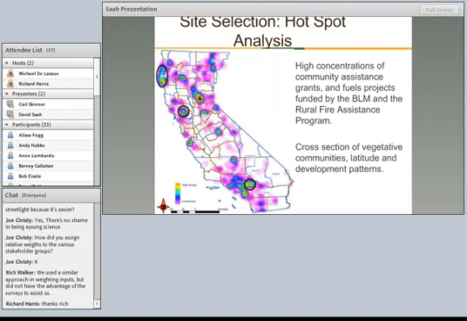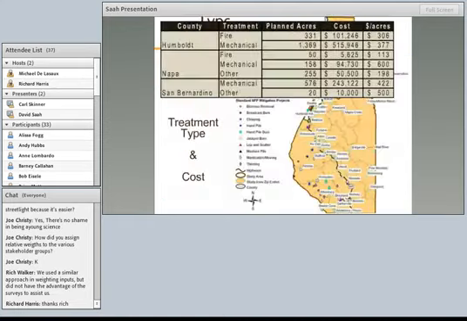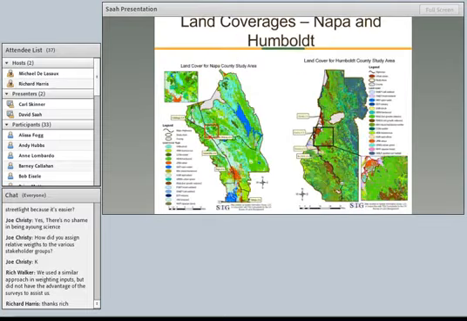So again, trying to identify where we're going to actually do this study. We looked at all the different places where BLM had these programs, and we decided to identify three hotspots that we were interested in drilling down into. One of them was Humboldt, Nevada, and San Bernardino counties. For each of these counties, we went through and looked at all the different treatment types, the planned acres, what the planned costs were, a full treatment inventory of what has been done and where they did it, and what the costs were.